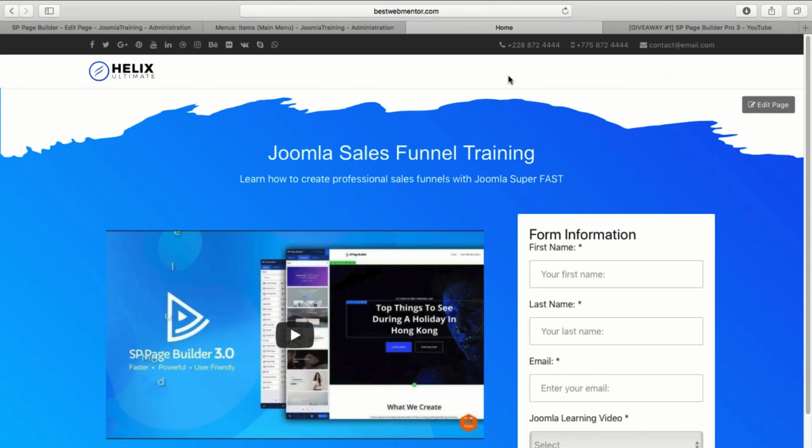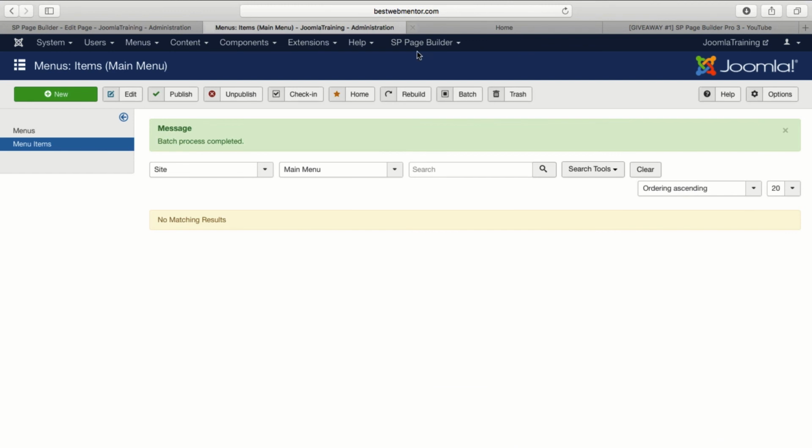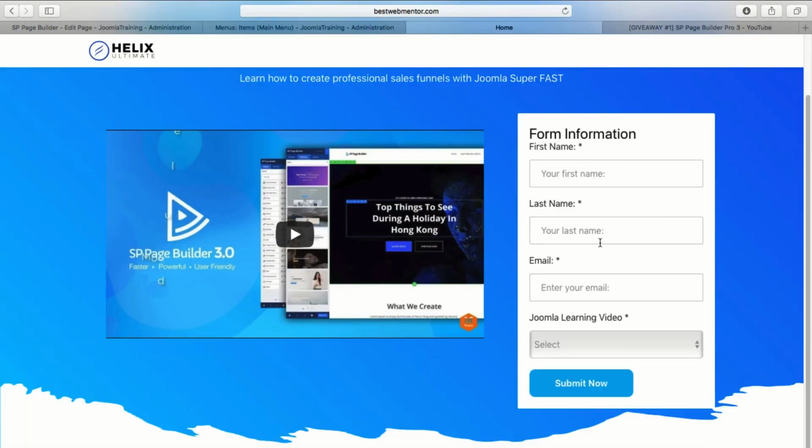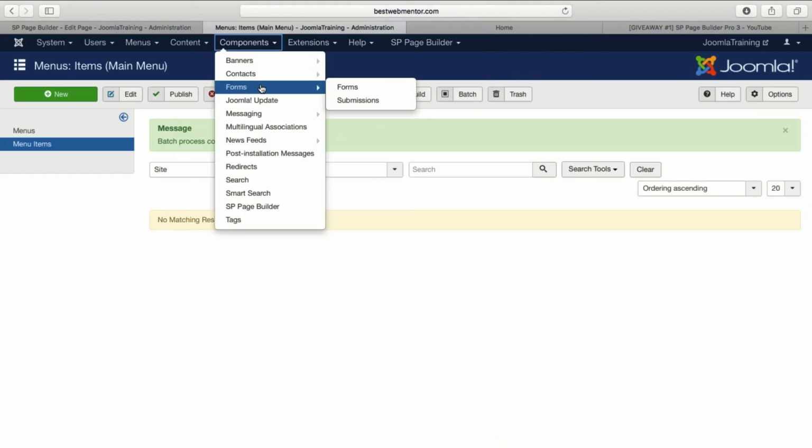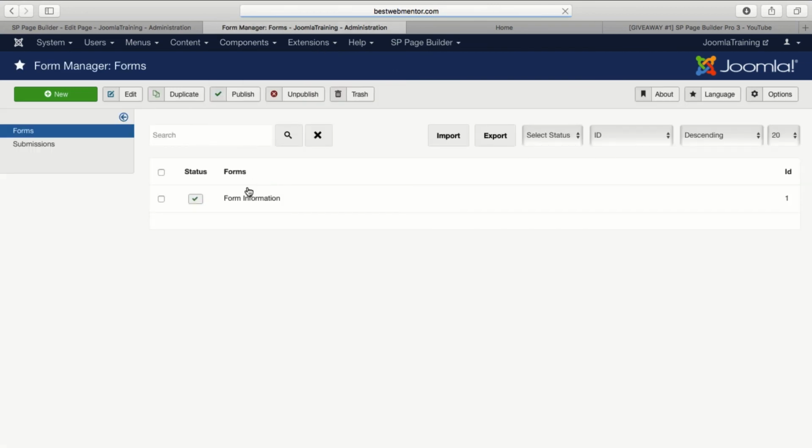So we don't have anything there, so that's gone. So it's just a clean page now with this header, or you can leave that out there. I'm just showing you another option here. For now, I'm just going to lift that off, and let's go back on page builder. So what we're going to do now is create another page, and in this page we want to be able to link this form to that new page. So when someone clicks on submit now, it's going to automatically redirect them to that. So let's go back first to components, forms, and we just have to add